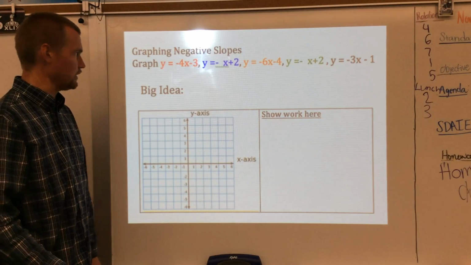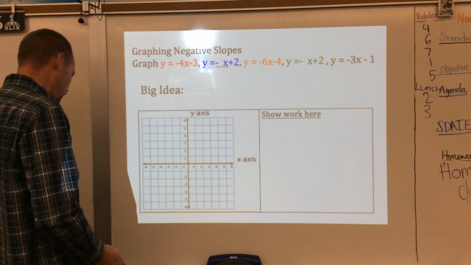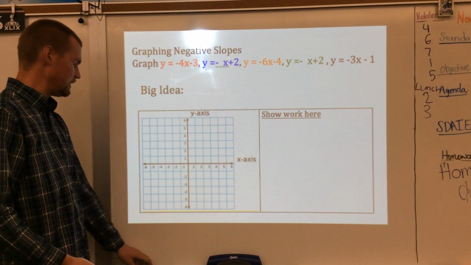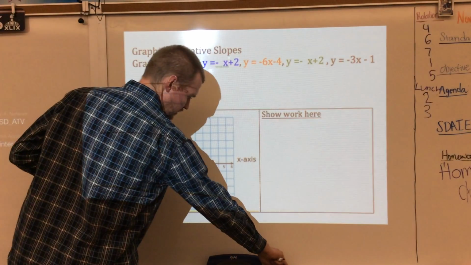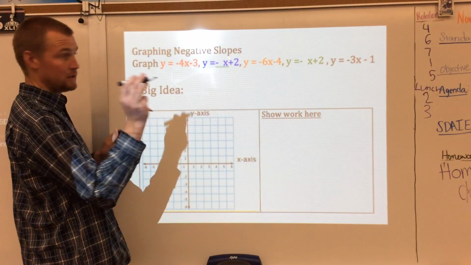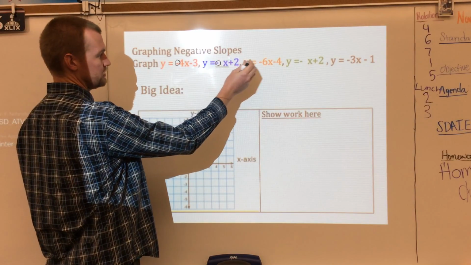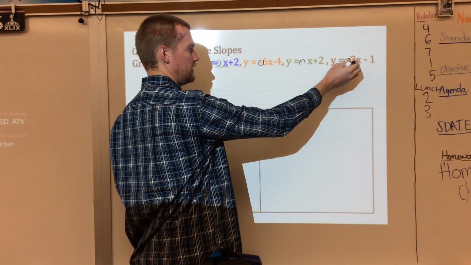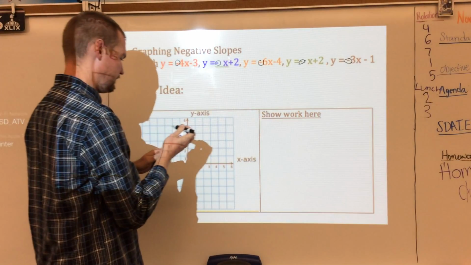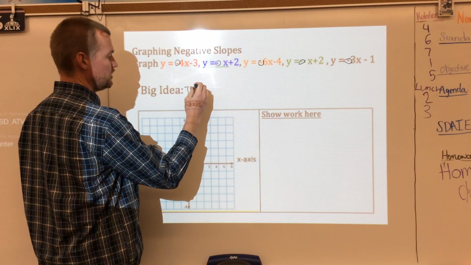So what we're going to do is go ahead and graph negative slopes. When graphing negative slopes, we need to take a look at why they're negative. The reason they're negative is because of the negative sign in front of every x. So negative, negative, and negative. The big idea is the slopes